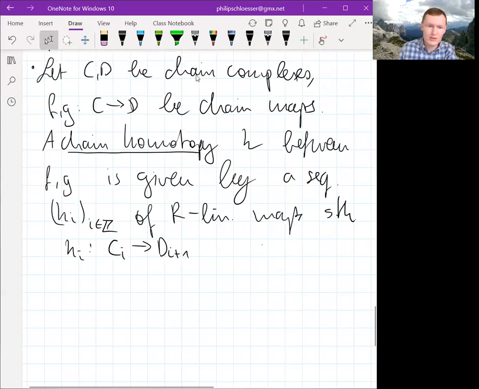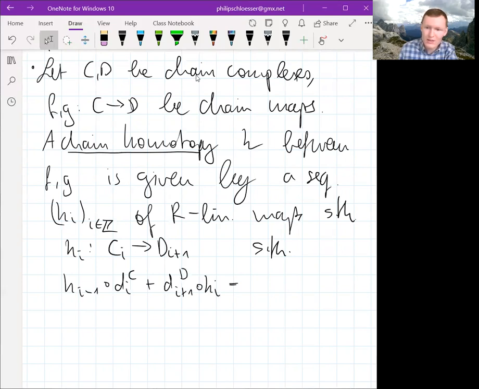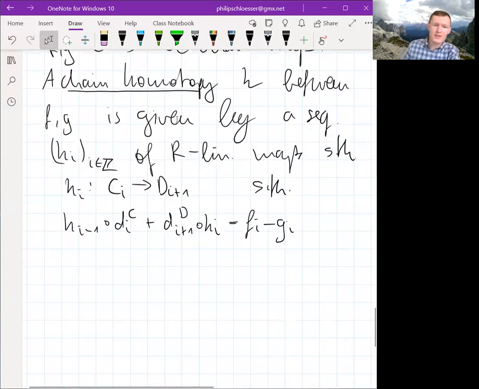And we want h_{i-1} after d_i of C plus d_{i+1} of D after h_i to be equal to f_i minus g_i. So the general idea of this concept is that we have our two chain complexes,